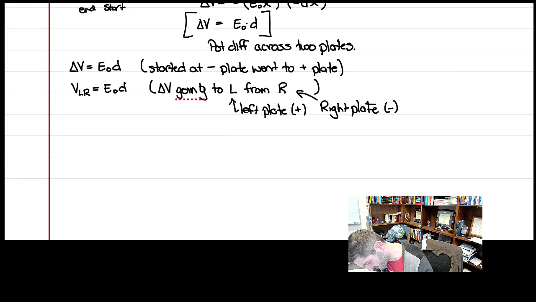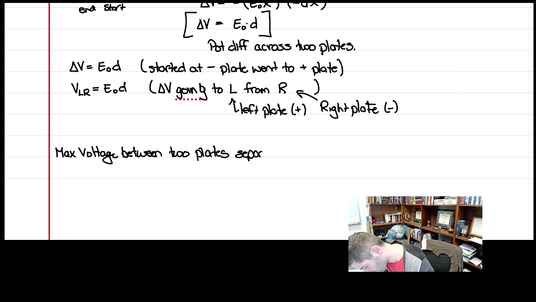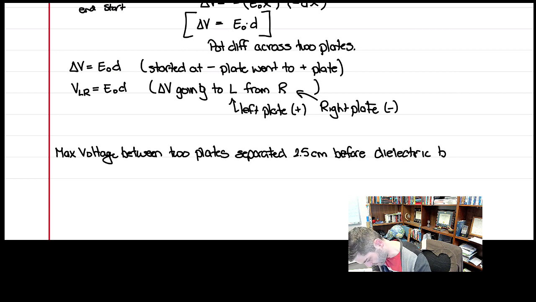Quick numerical example. What is the max voltage between two plates that are separated 2.5 centimeters before you get dielectric breakdown? Before dielectric breakdown,